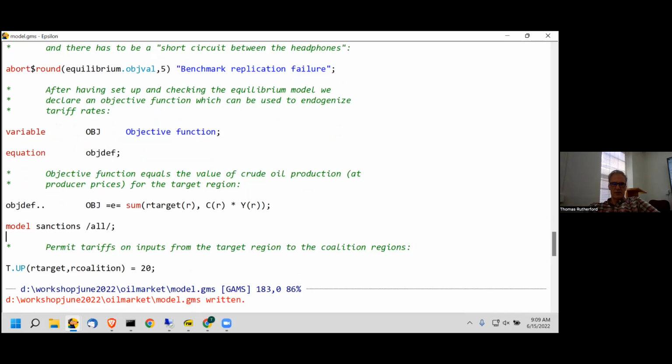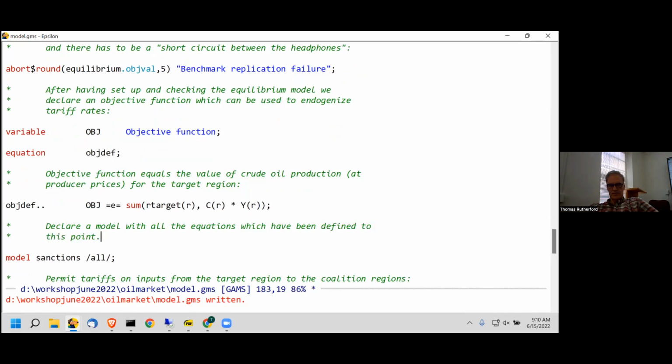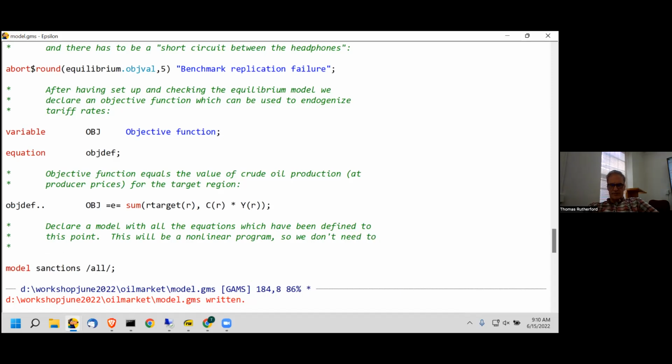So here we're going to declare a model with all the equations which have been defined to this point. This will be used in a nonlinear program. So we don't have a mapping